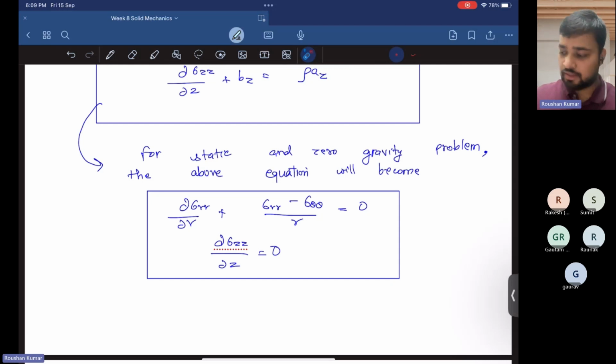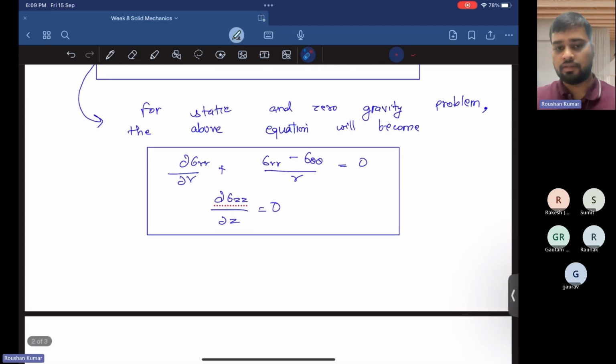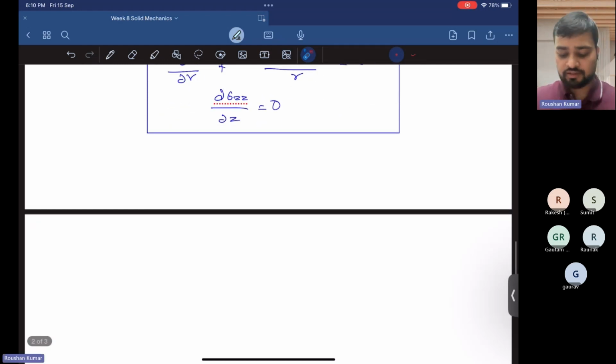Now basically we have to derive the expression of the radial normal stress, hoop stress or circumferential stress, and sigma zz, that is axial stress. So basically we have to find these three normal stresses to deal with any kind of problem. So I am not deriving the whole stress equation. I'm just writing the stress equation which is obtained after several mathematical formulations. So the final expression for thick cylinder